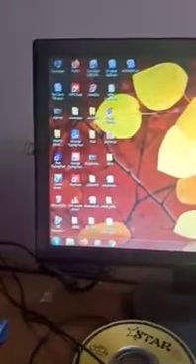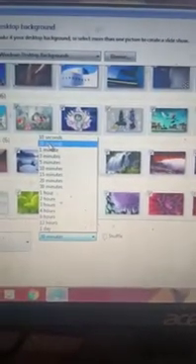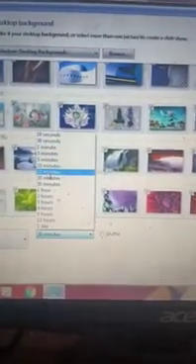Again I tell you, you have to click on the start button and then select the control panel option, and from that control panel option click on the Appearance and Personalization link, and here in Personalization, click the Change desktop background. Okay, one thing also is if you want to select all those pictures, then you have to click on select all, and here is change picture every 30 minutes, or every 10 seconds, every 30 seconds, 1 minute, whichever option you want.